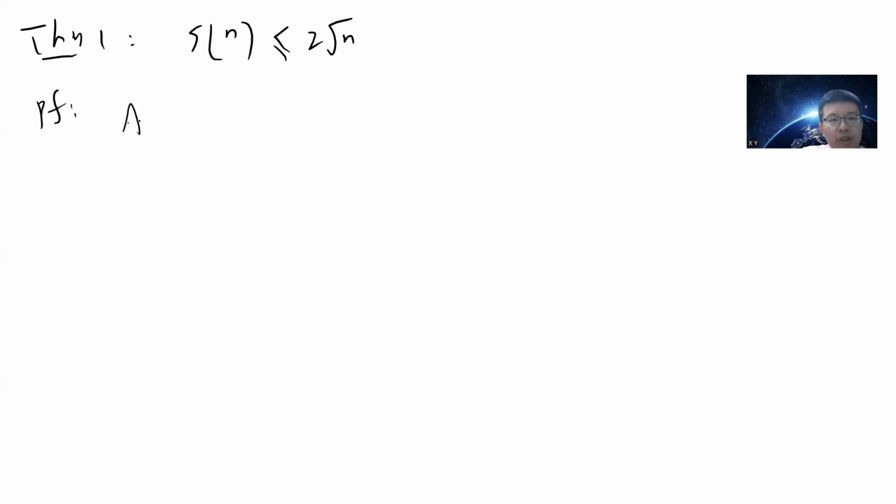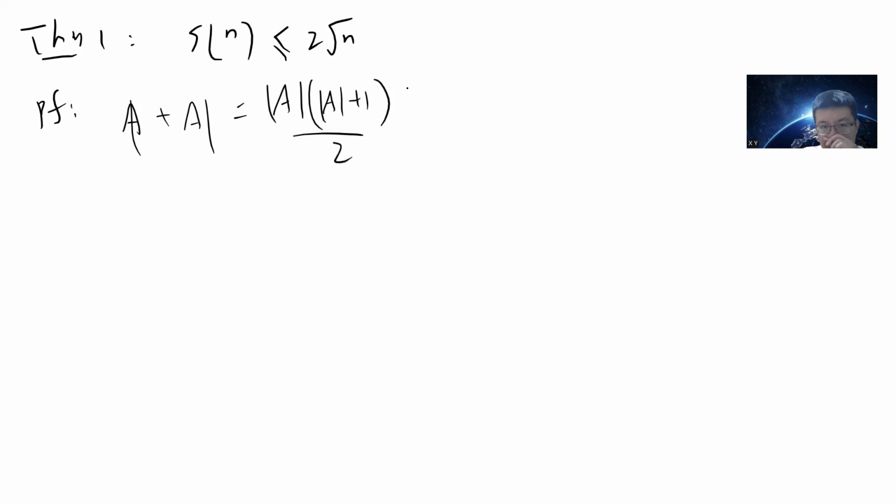You just consider A plus A, as I said. It's basically k(k+1)/2 sums. Let me just denote |A| to be k. In this case, these are distinct, right? All these are distinct numbers. But your A is a subset of 1 to n, right? So your A plus A,